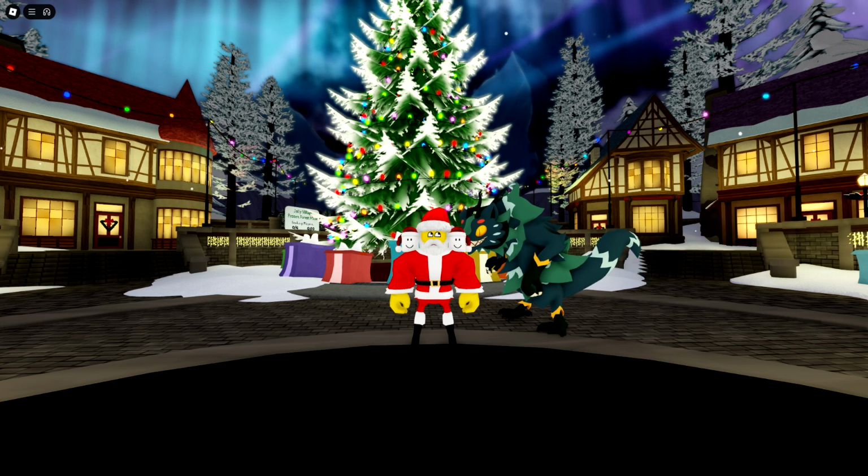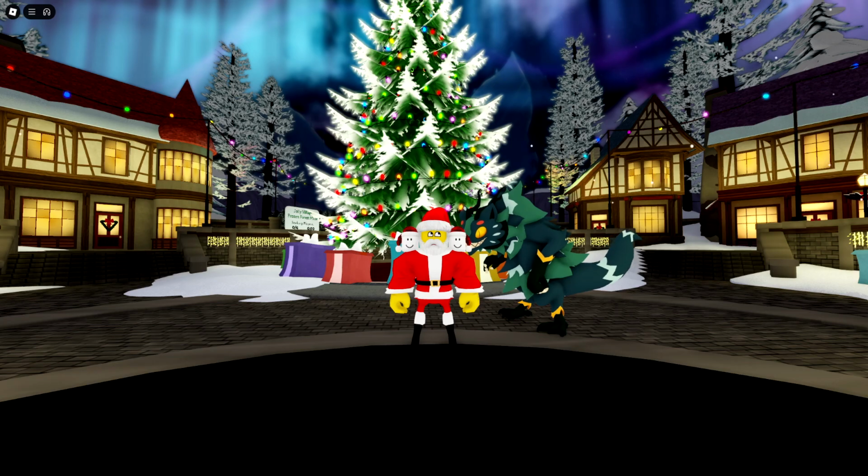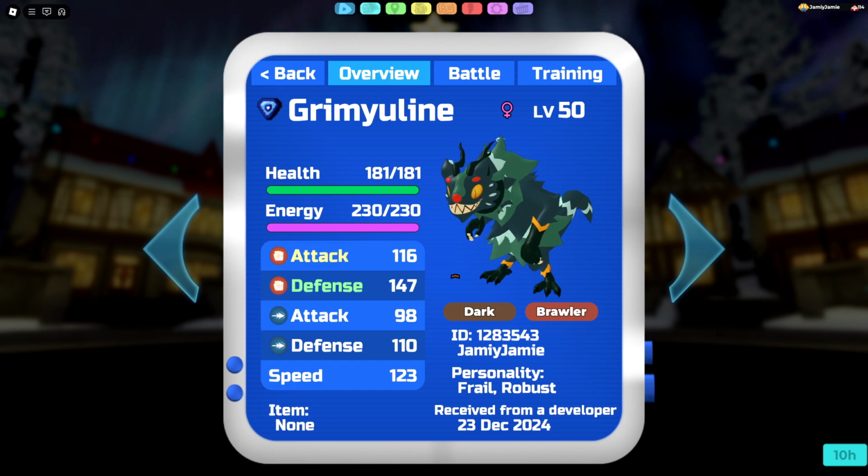Okay then, in today's video I'm gonna go over everything that you need to know about GRIMYULINE, so with that being said, let's get straight into it. Starting with the typing, GRIMYULINE is a dark and brawler type Loomian, which means defensively, we are weak to fire,